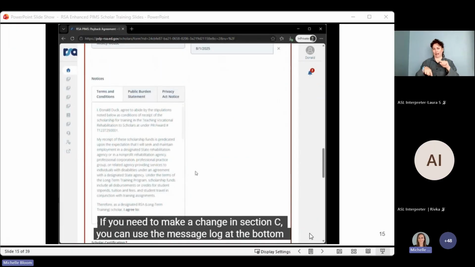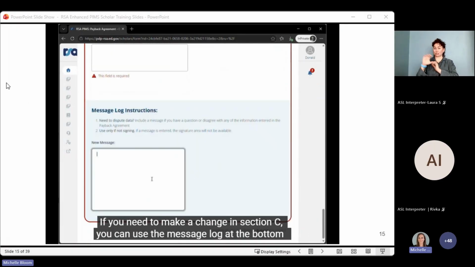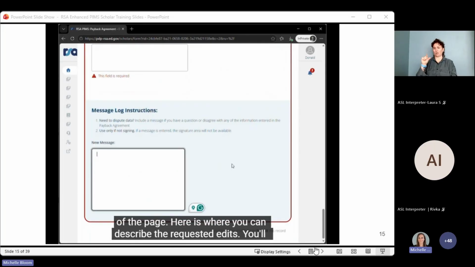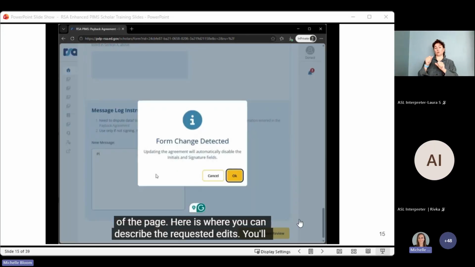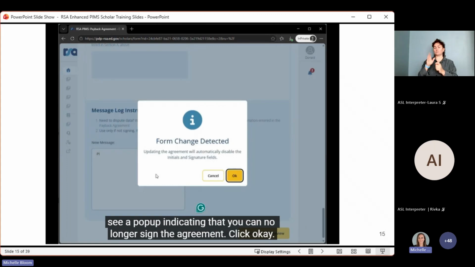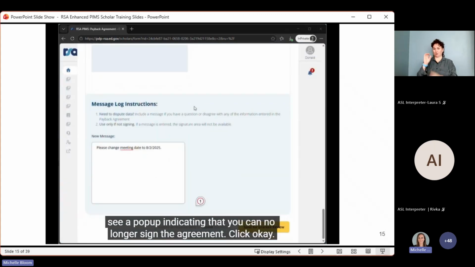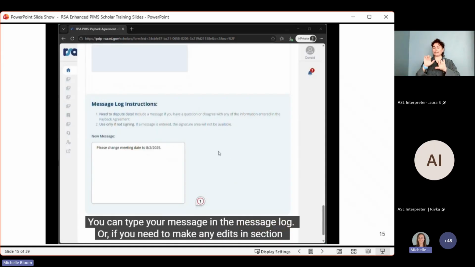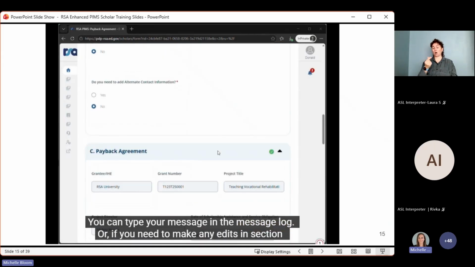If you need to make a change in Section C, you can use the message log at the bottom of the page. Here is where you can describe the requested edits. You'll see a pop-up indicating that you can no longer sign the agreement. Click OK. You can type your message in the message log, or if you need to make any edits in